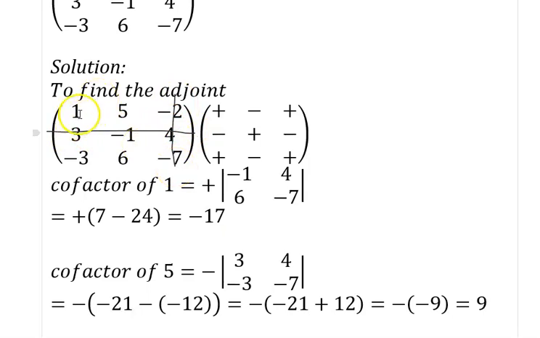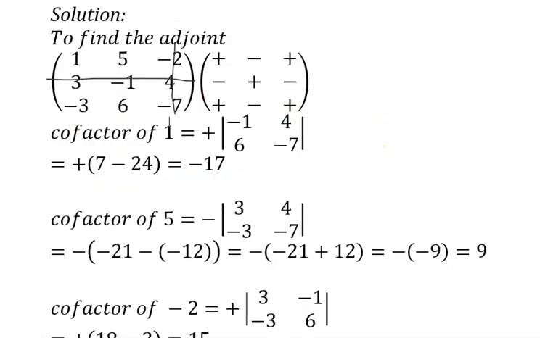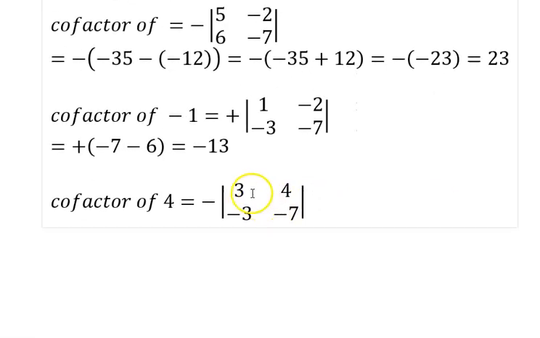So for cofactor of 4, the corresponding sign is minus. So we now have 1, 5, minus 3, 6. So as usual, because the corresponding sign is minus,